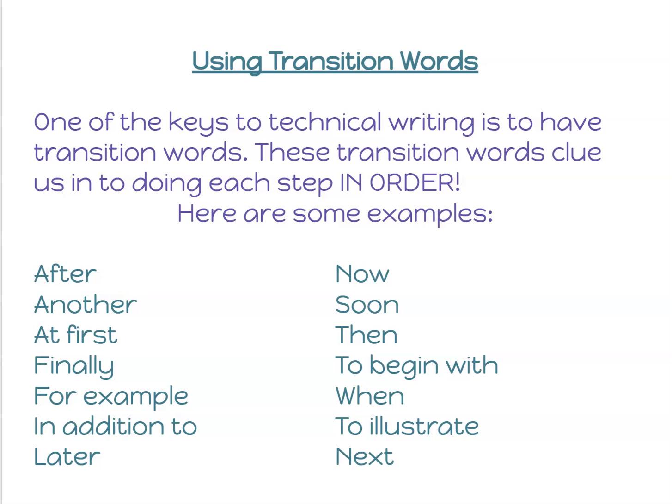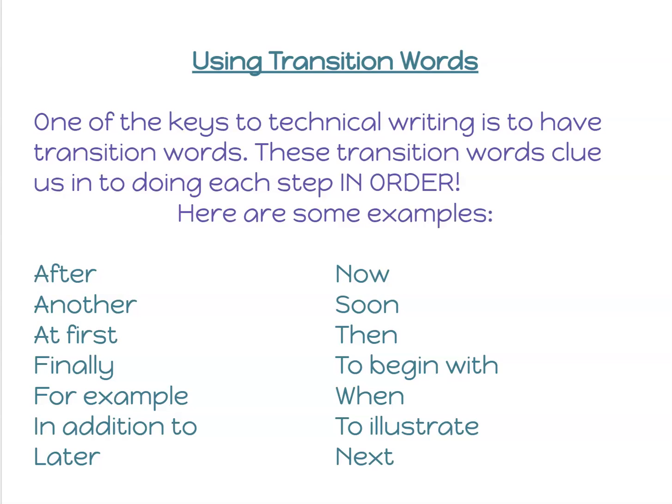Now, before we begin, we talked about technical writing uses a lot of transition words. Using those transition words helps us to make sure we have each step in order. So here are some examples. You could use words like after, another, at first, finally. For example, in addition to, later, now, soon, then, to begin with, when, to illustrate, next. So these are just a few examples, fourth graders, of some transition and sequencing words to include in